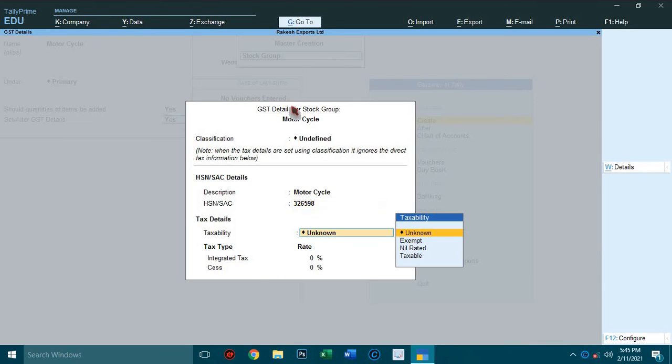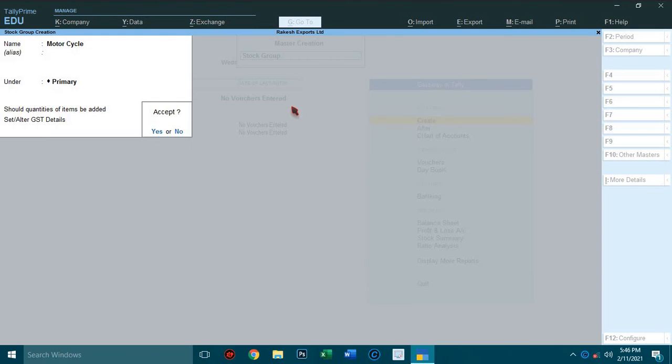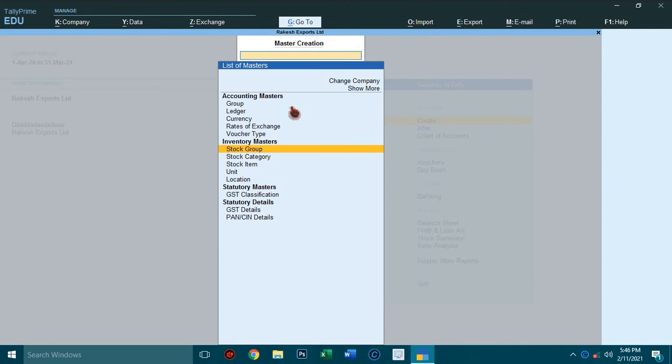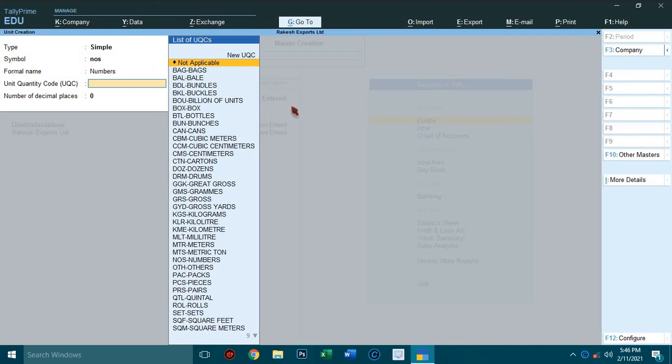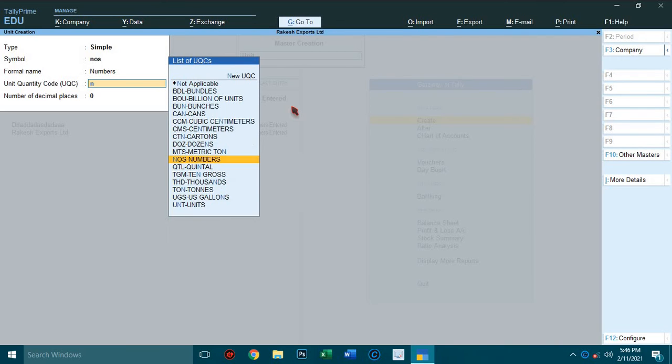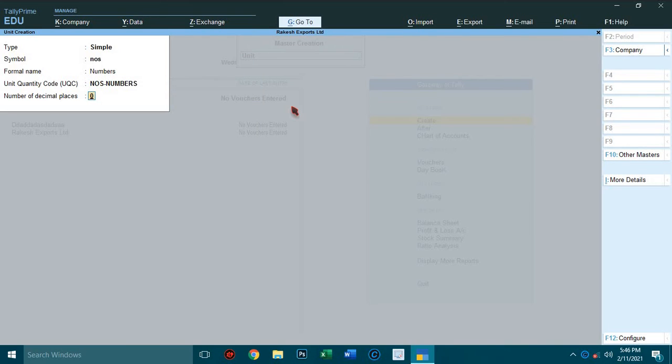Type the HSN code. Taxability, select taxable, 28%. Accept. Next go to units. Symbol NOS, formal name numbers, unit quantity code NOS, number of decimal places 0, accept.